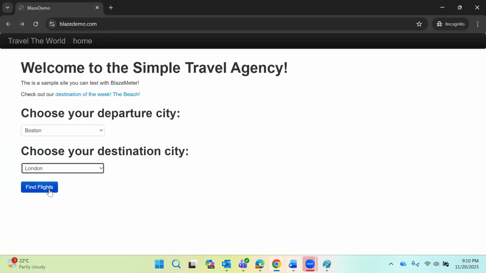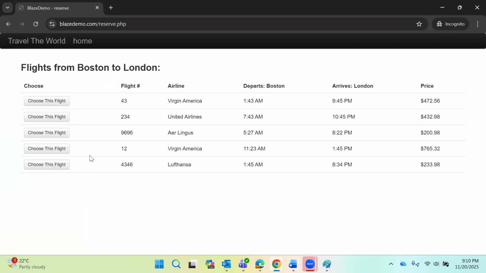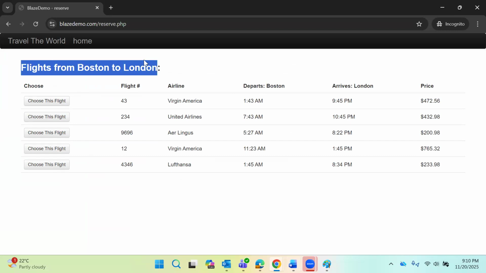So when I click on find flights, an API call is triggered by the front end to the back end, and the back end to the database. The database gives information back to the front end to show the user this kind of data. Then the front end says, okay, I will show the data. Showing the data is the front end developer's job, but getting the data from the database and validating the data in the back end is not